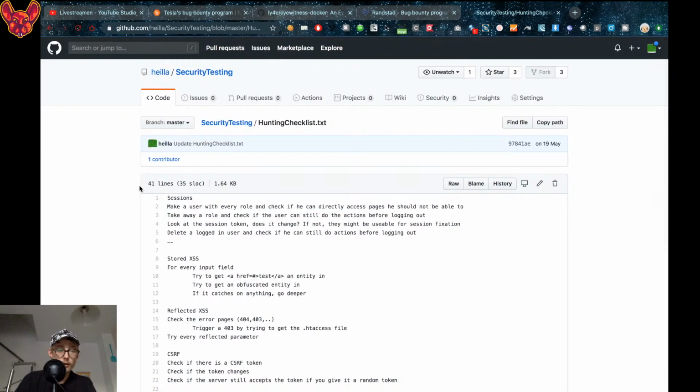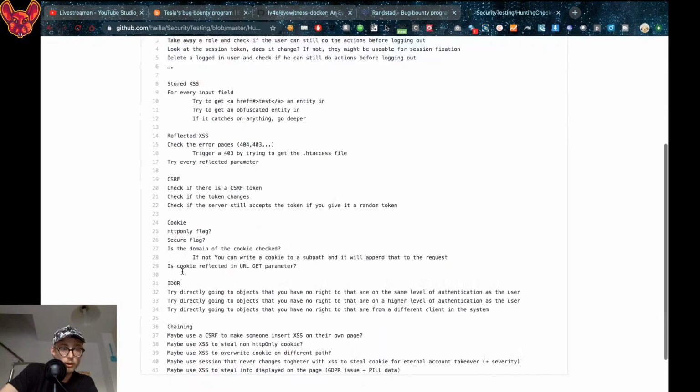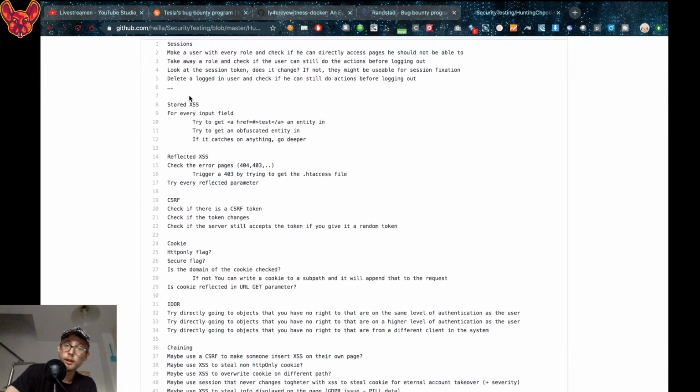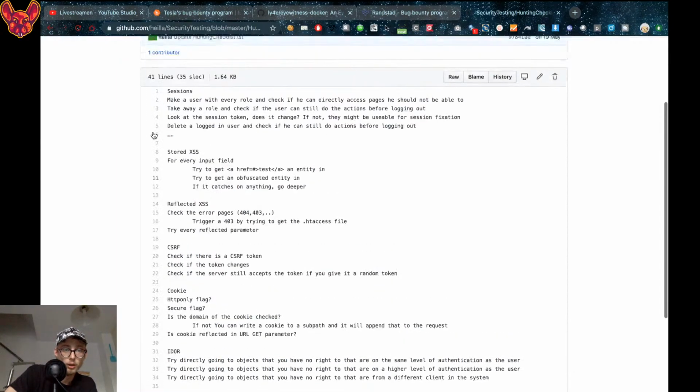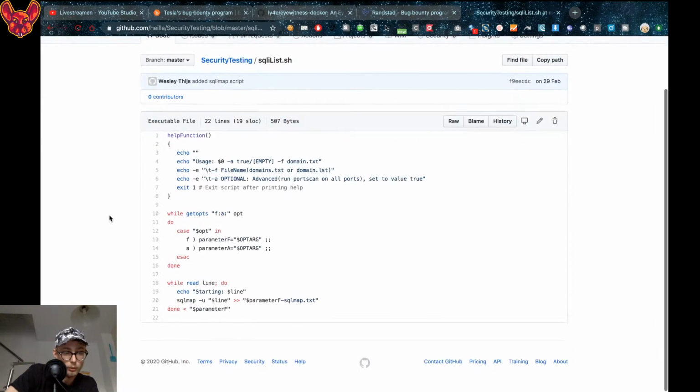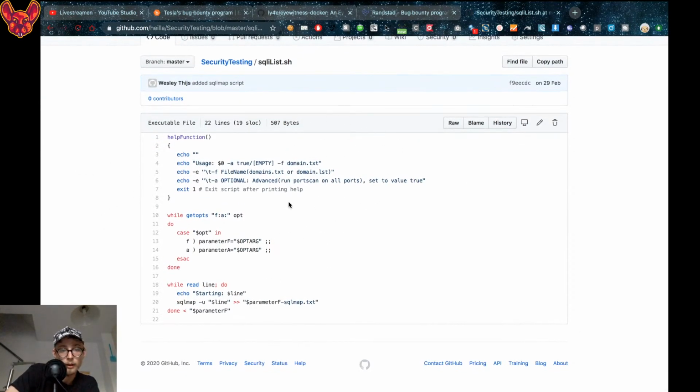The hunting checklist.txt, this is something that I'm updating every single day, but I haven't pushed it yet. So here I keep my methodology for bug bounty hunting. And then of course you have SQL list. One of the things that I was missing in SQLmap was the ability to send a file. I don't know if they added this or if I just haven't found it yet. But this is why I created this script, just running SQLmap on a complete file